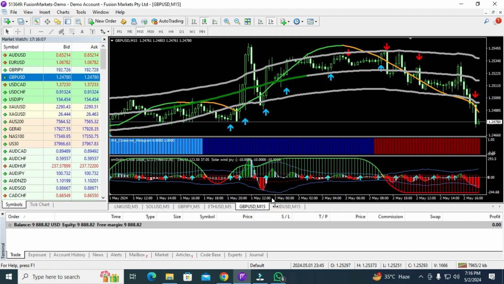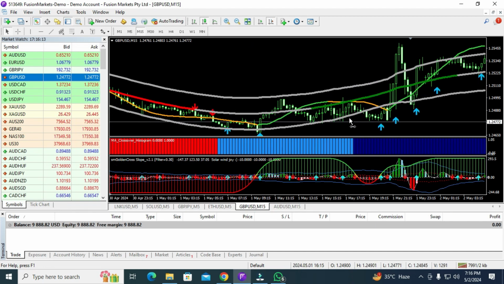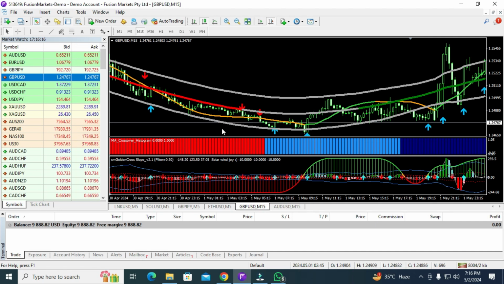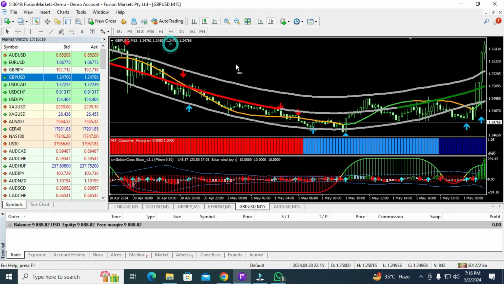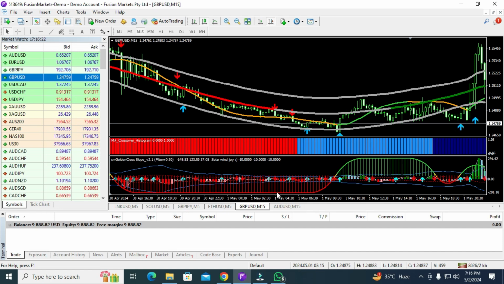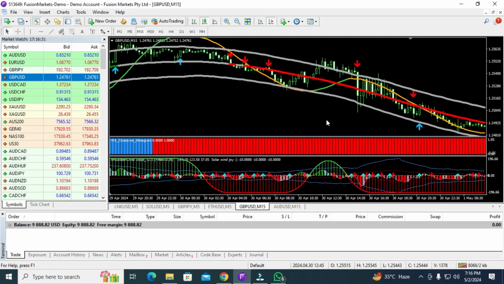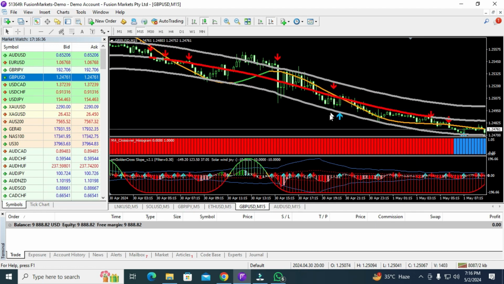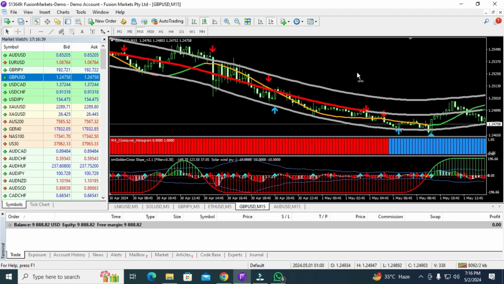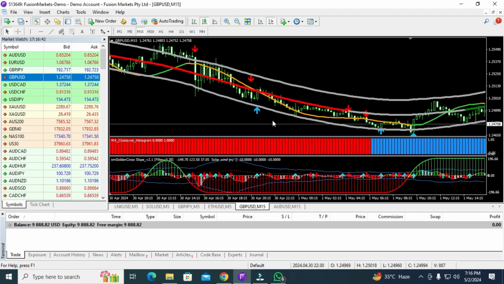From the 1st May, starting from this point, you got the first, second, third signal, fourth one and fifth one, sixth, seventh, eighth and ninth. From this point only seven signals, and all seven signals are profitable. Then on 30 April you can see you got six signals at the end here. Five signals are profitable, but these buy signals are not profitable.